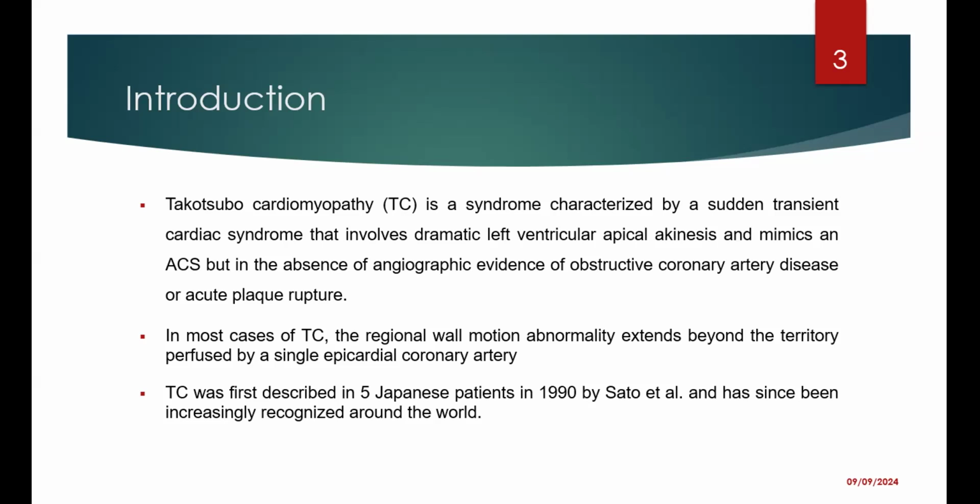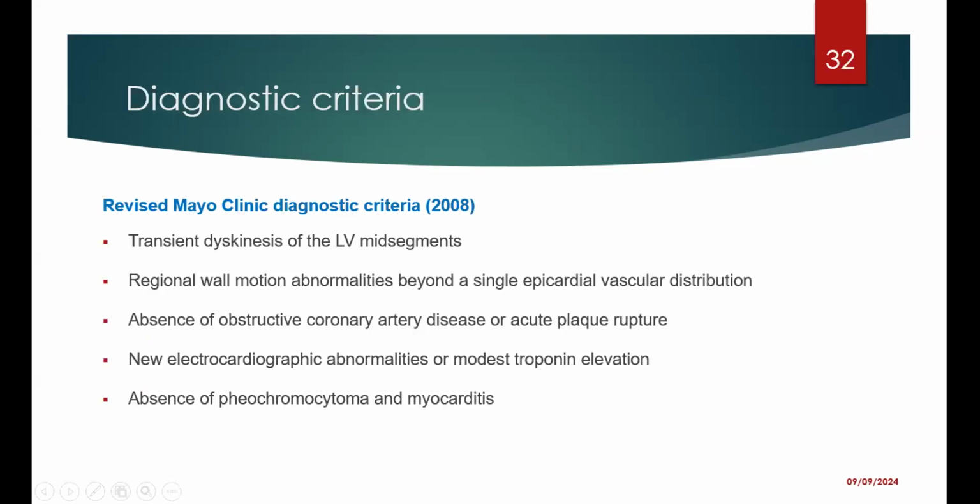Also, part of the criteria, the Mayo Clinic criteria, which I think is the commonly used, requires you to exclude hypertrophic cardiomyopathy, because you rightly mentioned that some variants could present with left ventricular outflow tract obstruction as well as systolic anterior motion of the mitral valve. So you must rule out hypertrophic cardiomyopathy before you make a diagnosis of strictly Takotsubo.